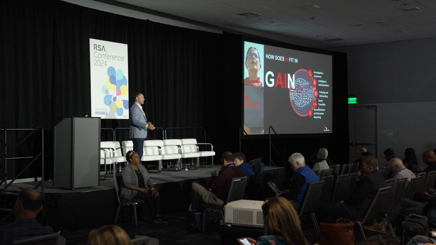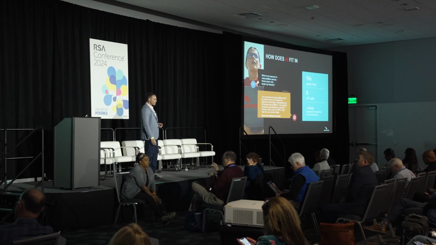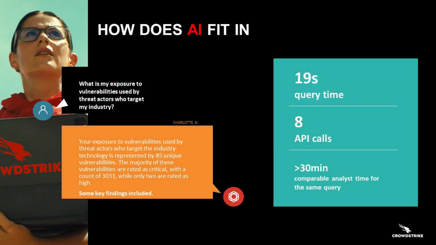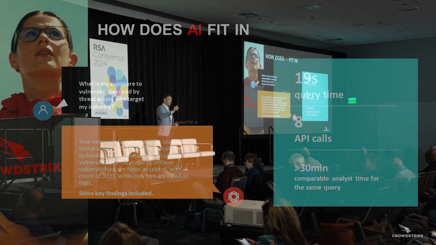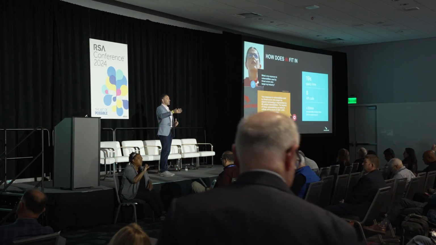And then query translation. We're talking about putting data together into a platform that ultimately gives you access into some consistency. That's essentially how AI fits in on the defender side. So again, show me my vulnerabilities. Think about this, right? We walked through this scenario of using Charlotte, which is one of our AI models, to say, hey, how would I get an idea of the exposure of a specific type of vulnerability based upon a threat actor that's targeting my industry, right? And having an AI model walk through that and give you that output versus having to do that manually, which could basically take a little over 30 minutes, depending on how efficient the analyst is, right? Versus 19 seconds. I mean, that's pretty tremendous.